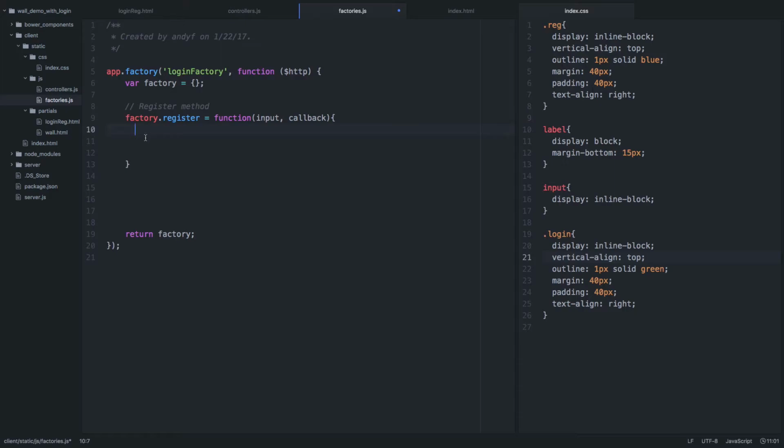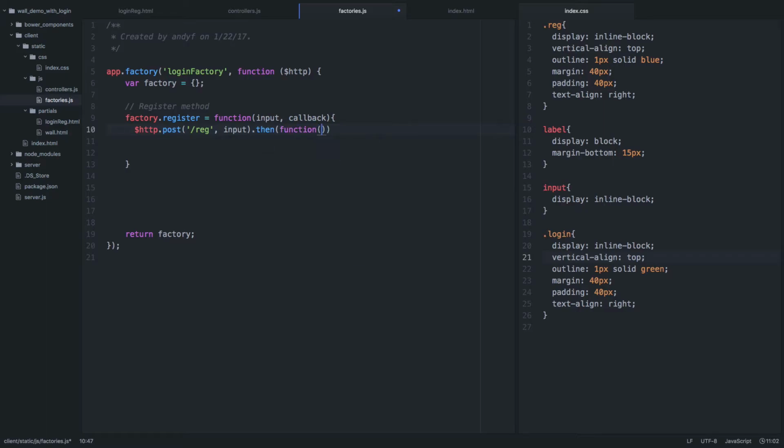Right? So the way we do that is HTTP dot, is it a get or a post? Post. I'm sending data. The route is going to be, let's say, /reg. The data is going to be the input. Dot then